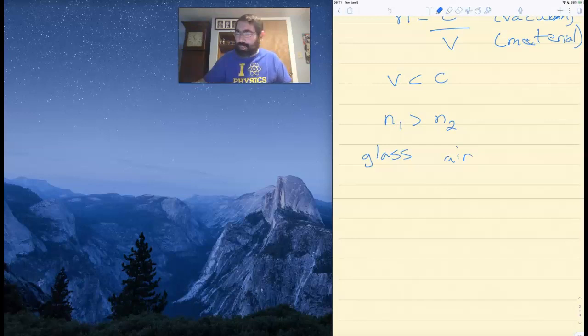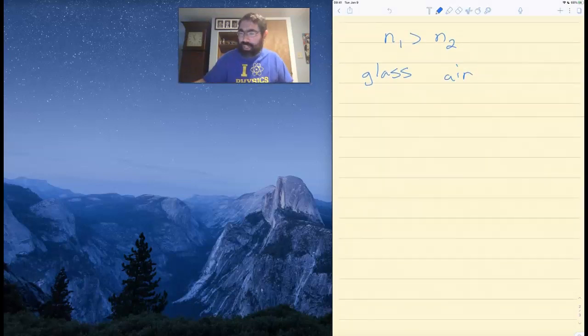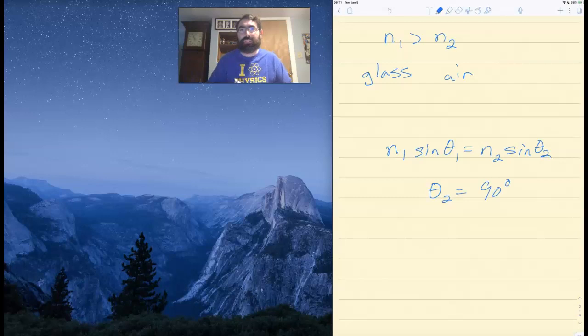Then if I put that into my equation, what I have is a bigger number times the sine of its angle is equal to a smaller number times the sine of its angle. And let's just say, for the sake of argument, that I get all the way to the point where the angle is 90 degrees. Well, everybody knows that the sine of 90 degrees is 1, so that means my equation becomes